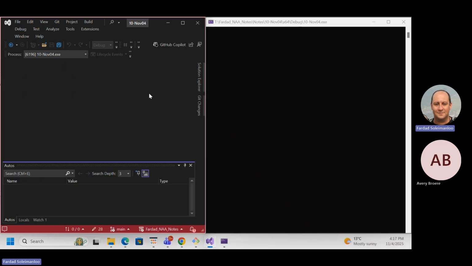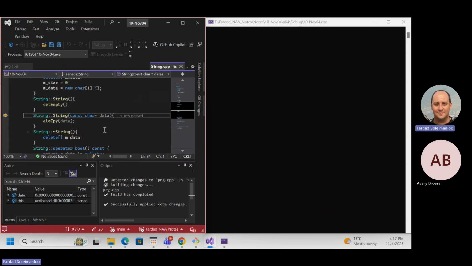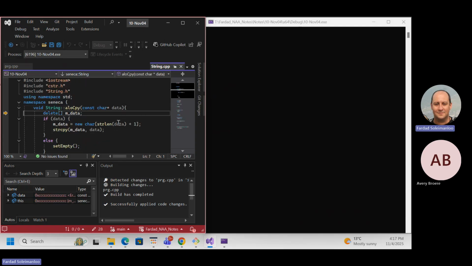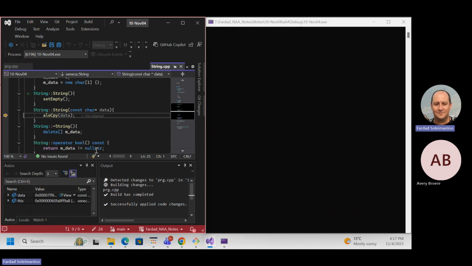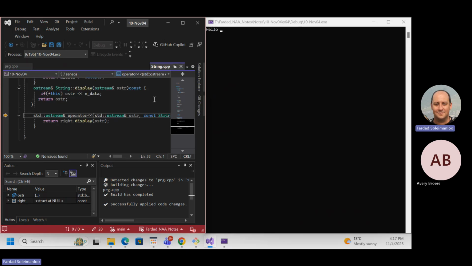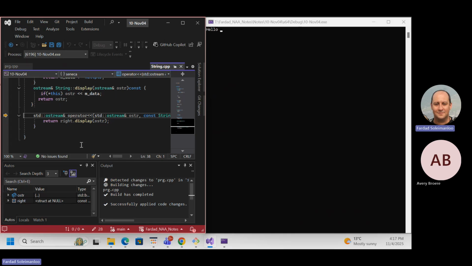And let's continue. So we'll get right into our name. Constructor is called, the one argument constructor. That is going to, as you see, nullify everything first. It goes to allo copy. Fred comes over here. It's deleted. We didn't need it, but it's okay. It gets the length, allocates enough memory, and copies over there. m_data has Fred, gets out, comes out over here. Life is beautiful. Now, hello is printed, and after hello is printed, cout is returned. So I have cout at left, string at right. The suitable operator is this one.